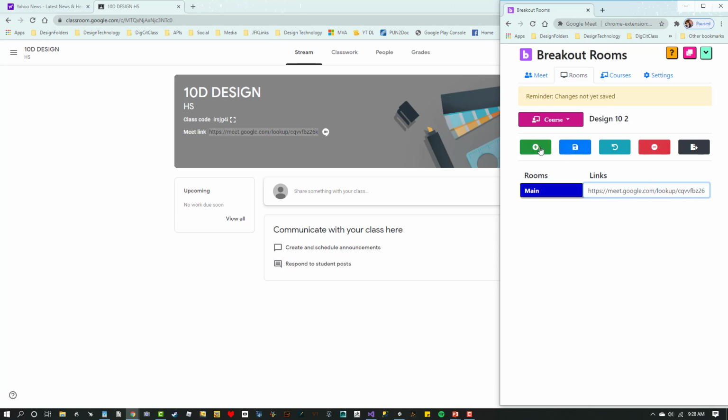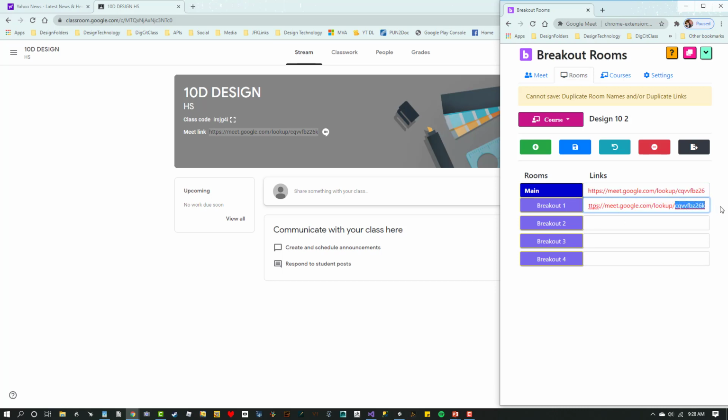Okay? So let's make our breakout rooms. I'll make 4 of them. Breakout 1. And to save time, I want to copy that and paste it. Okay, and for these links, what we can do is we can just use any address as long as we have lookup in the title. So over here we could say Design Breakout Room 1,